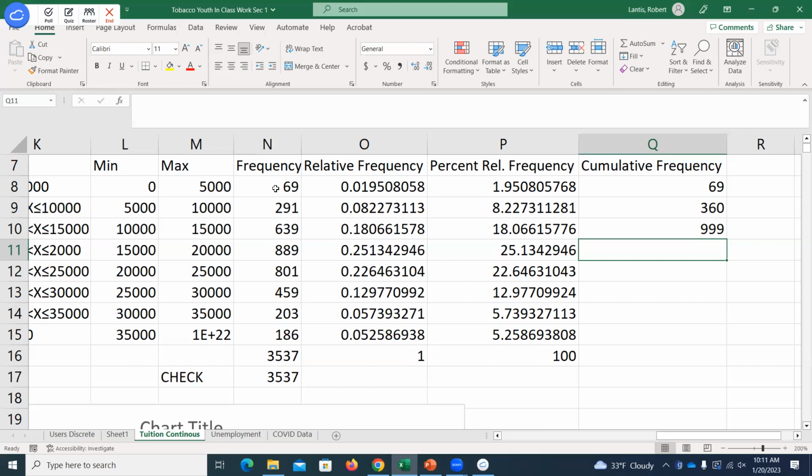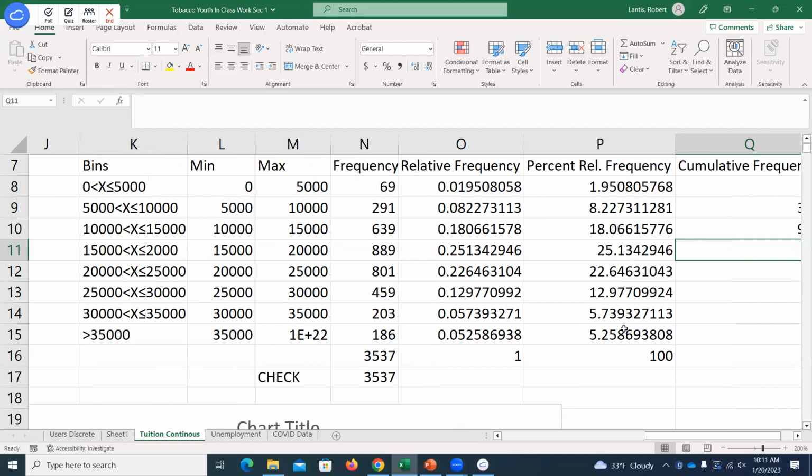In fact, by the time I get to the very last bin, what should my cumulative frequency actually be? So once I get to this last bin, this was the one where we said it was greater than, I guess I should maybe scroll over so we can see the label, might make a little more sense. There we go. Greater than 35,000, right? So this would say, okay, how many observations are greater than 35,000 or anything below that?